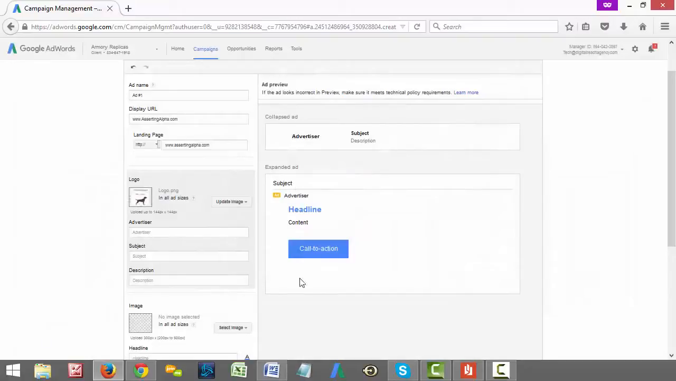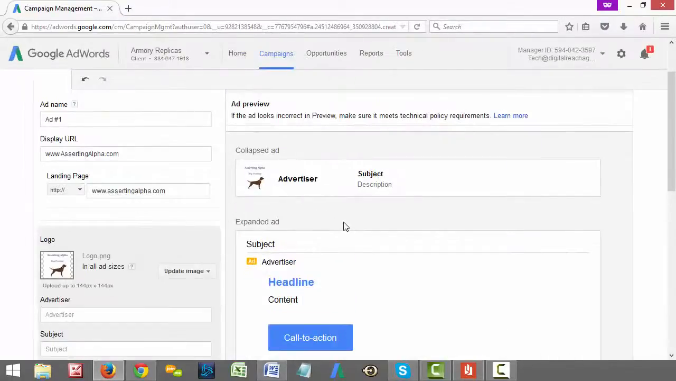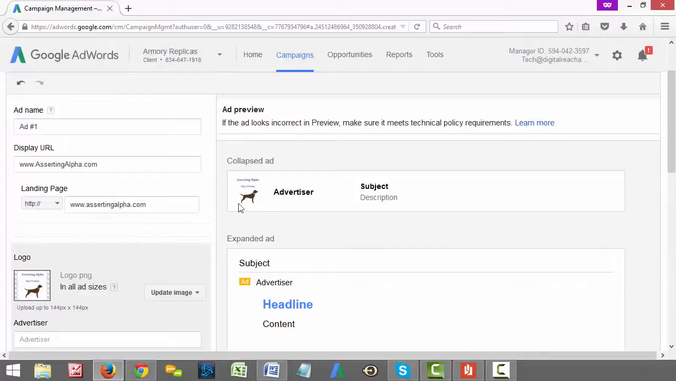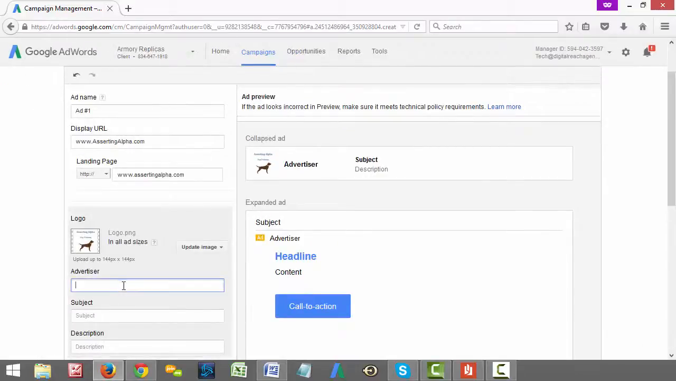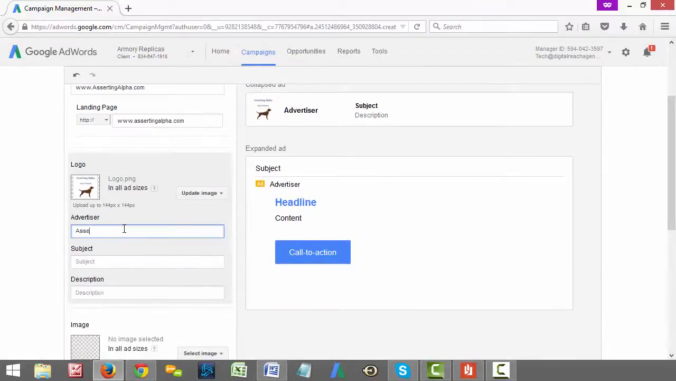and save. Alright, and you can see in the collapsed ad, if we zoom in here, the little cute logo shows up on the left hand side on the collapsed ad, which looks nice. Advertiser, that's going to be your name, so Asserting Alpha. And